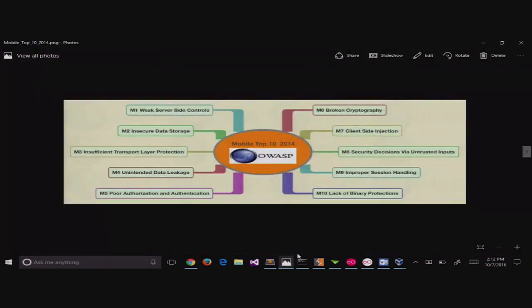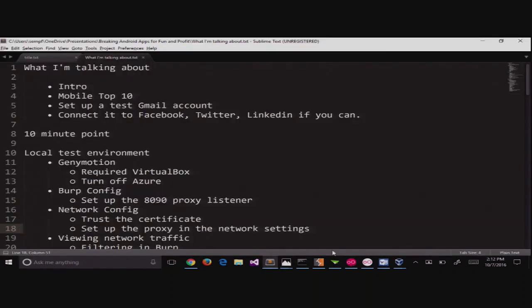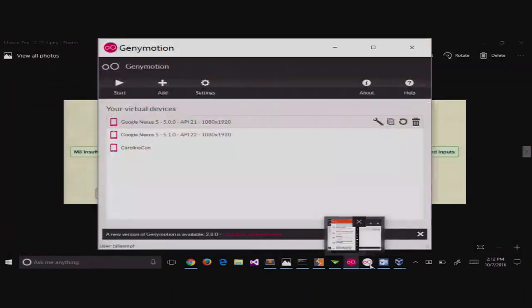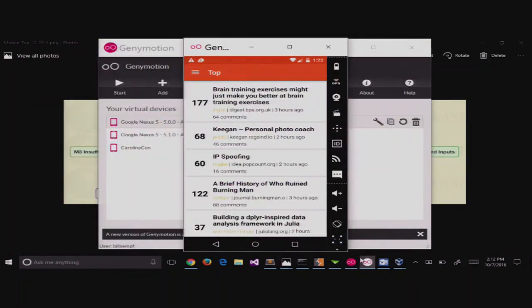So, the first thing you're going to want to do is have some kind of a test device. In order to make a test environment, you have to recognize that your phone needs to be off limits for a lot of reasons. You need a test phone. The best way to create a test phone is to create a virtual test phone in Android. Remember, we're not even talking about iOS here today. This is not possible in iOS.